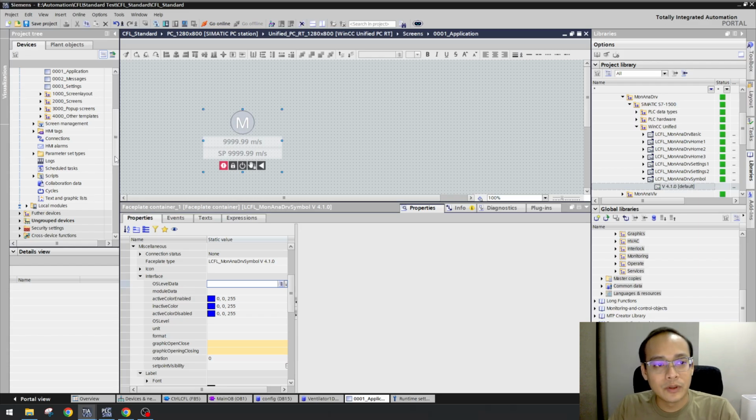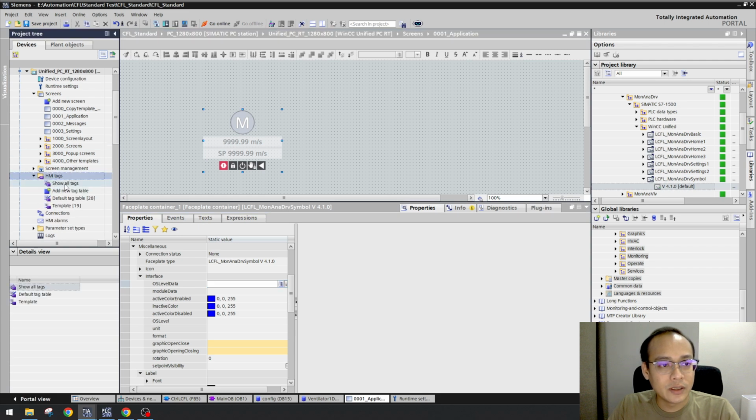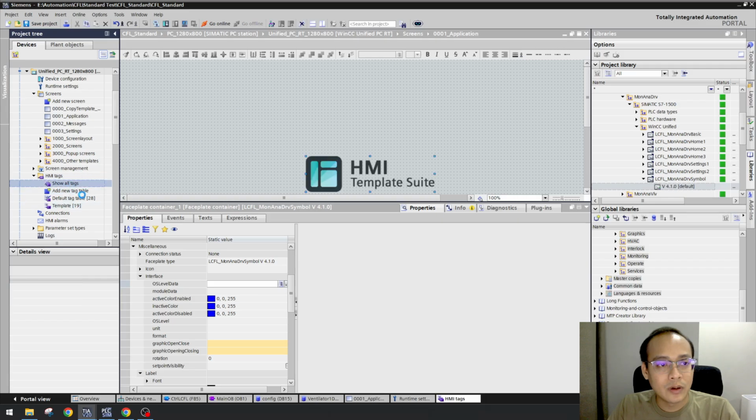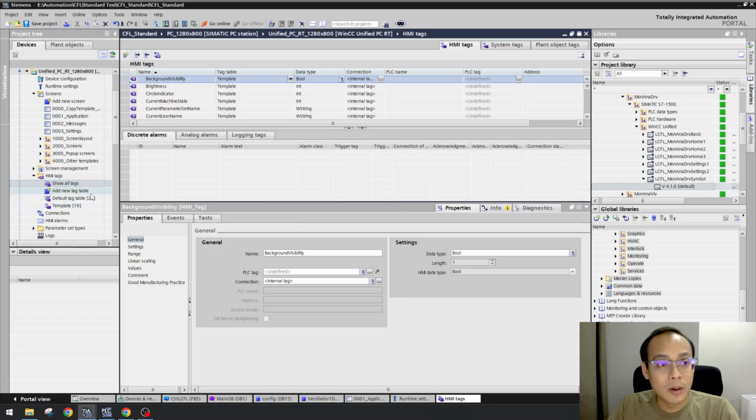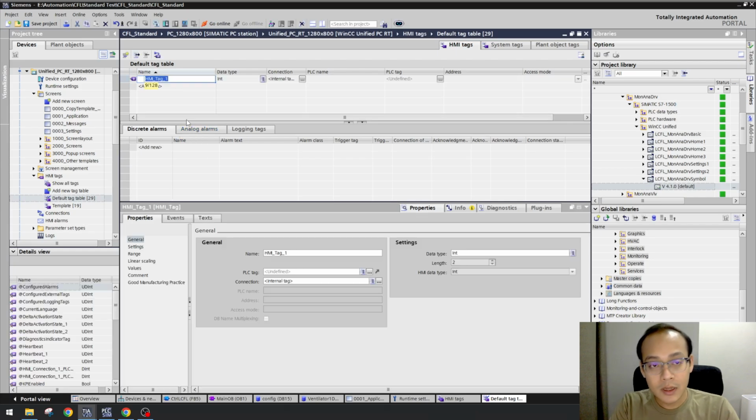For this one I can set an internal tag. So here I will create an internal tag, like enable OS, data type is byte,